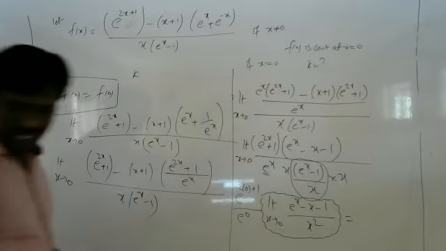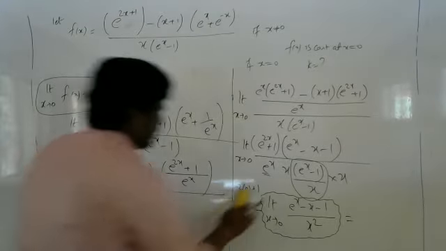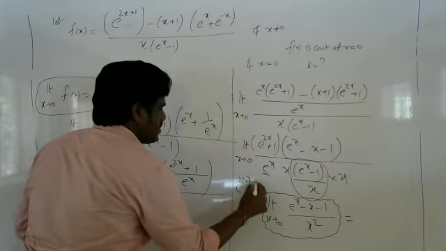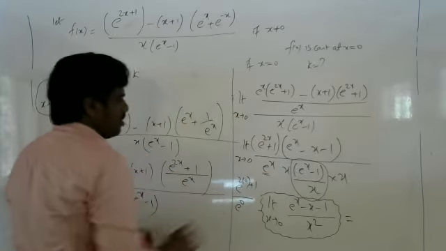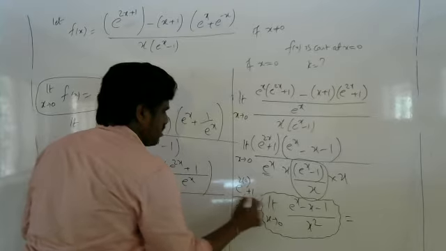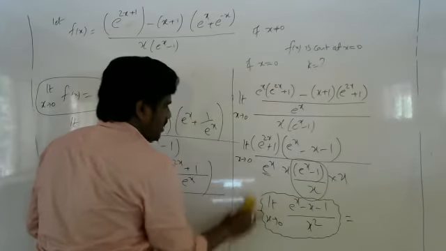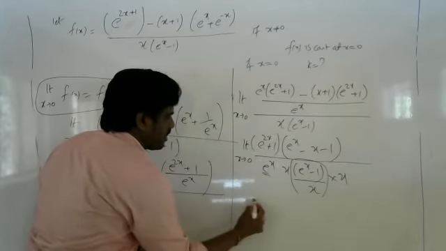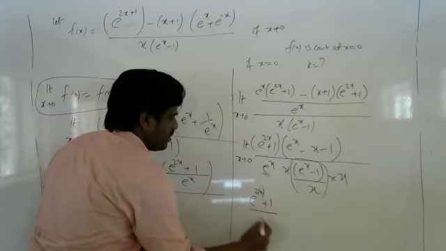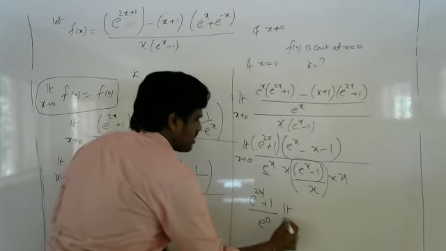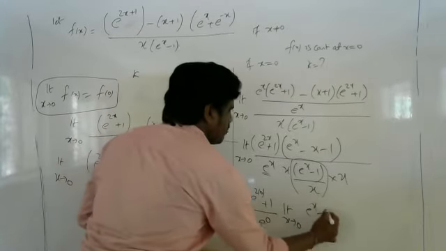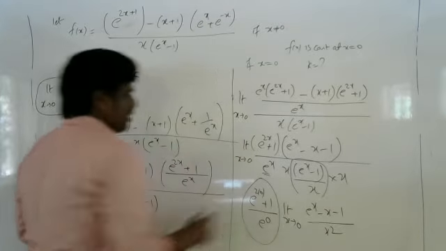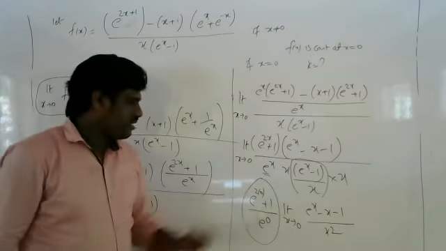Here if you are substituting the limit also, what I am going to get here is e power 2 into 0 plus 1 upon e power 0. Plus 1 is down. I repeat again: in this case, I'll erase this. If I substitute the limit, e power 2 into 0 plus 1 upon e power 0 into limit x tending to 0 of (e power x minus 1) divided by x square. And e power 0 is how much? 1. 1 plus 1, 2 you will get.